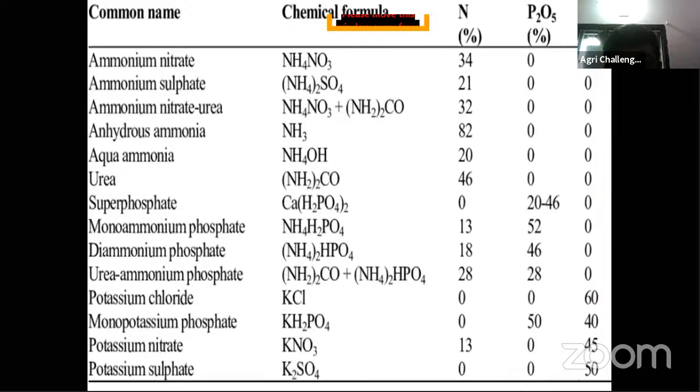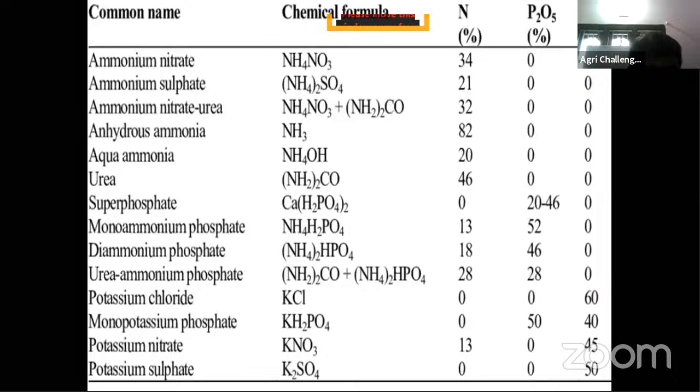But in India, we are not using this. It is in liquid form, and you have to inject it into the soil. If the options given for the highest nitrogen containing fertilizer do not include anhydrous ammonia, then the option is urea. Other than anhydrous ammonia, the next highest nitrogen containing fertilizer is urea. Then aqua ammonia 20%, then urea 46%. These are all nitrogen containing fertilizers.